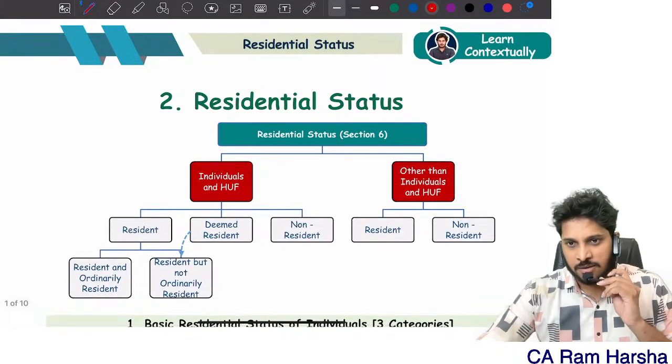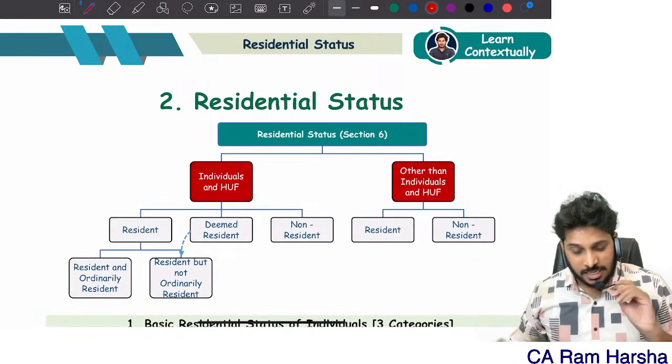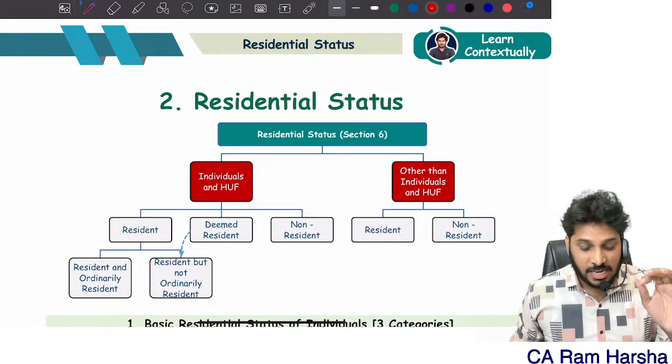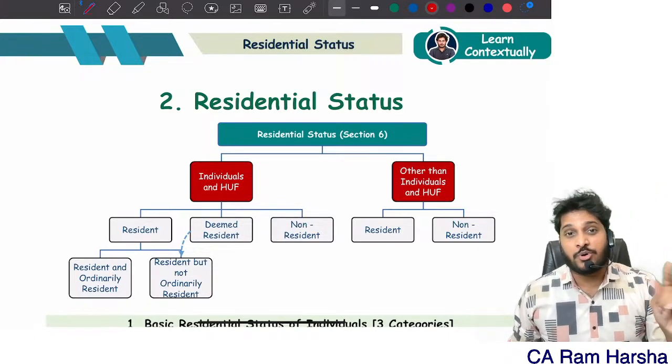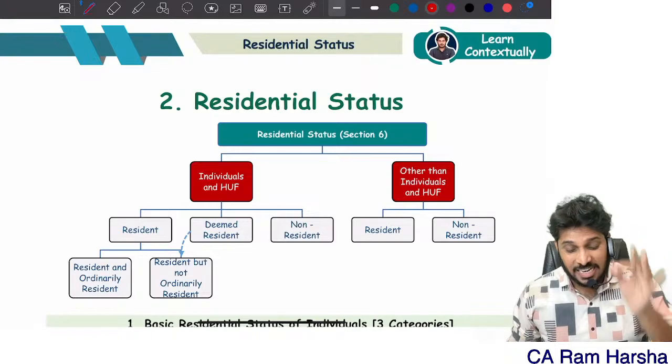Yes, let's begin. Let's begin residential status and house property. Basic concepts is completed. Inside the total income computation, we understood what are all the checkpoints, and now let's begin